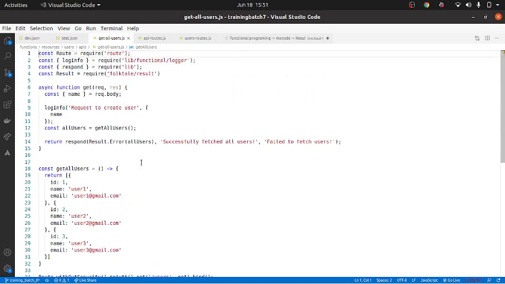So, till now we have covered how to write a simple API. Get all users is a hard-coded thing which returns a JSON object. And if I want to send this JSON object back to the client which called us, then I use respond using result either error, or we use result OK. If it is result OK, it will send this message with the data. If it is result error, it will send this message with what type of error it is.